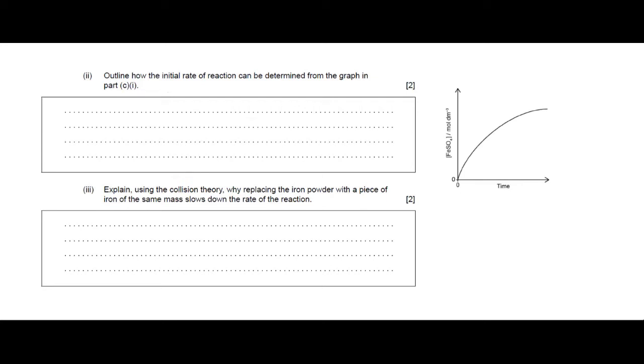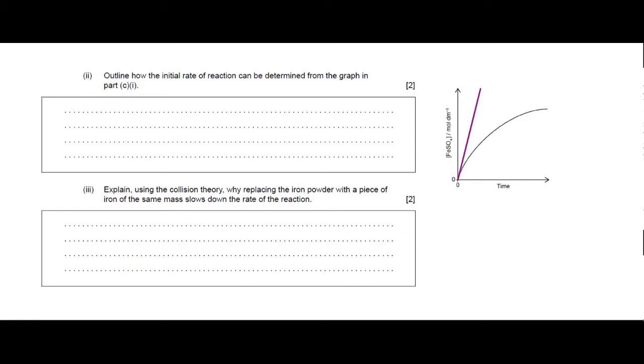And for that, we have to draw the tangent, because we know that at the very start of the reaction, the amount of product formation would be very high, but we cannot get it from this graph directly. Directly, it's not possible to get it from the graph. So in order to get the initial rate of the reaction, we have to plot a tangent. At time 0, we have to plot a tangent like this. And whenever you're plotting the tangent, make sure that we are going for the biggest possible line so as to get the most reliable data.